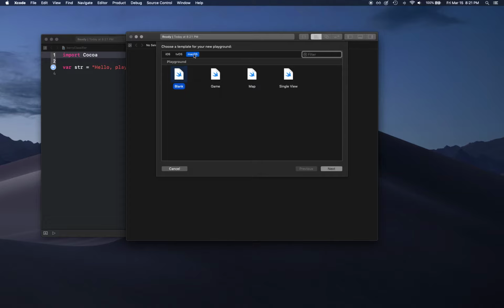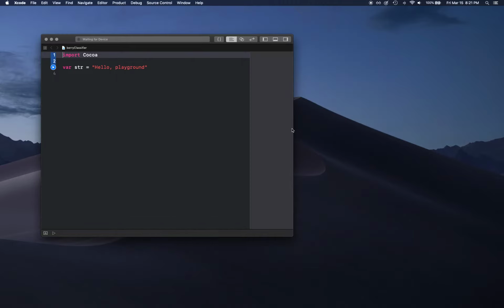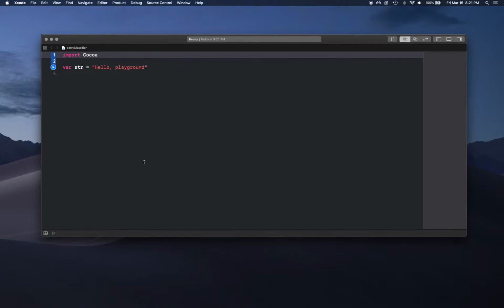So you're going to select macOS, select blank, and click next to find a location to save this. I'm going to hit cancel because I already have it created right here. And then you're going to land on this page. The way you can find out if you have chosen the correct type of playground is you simply say import